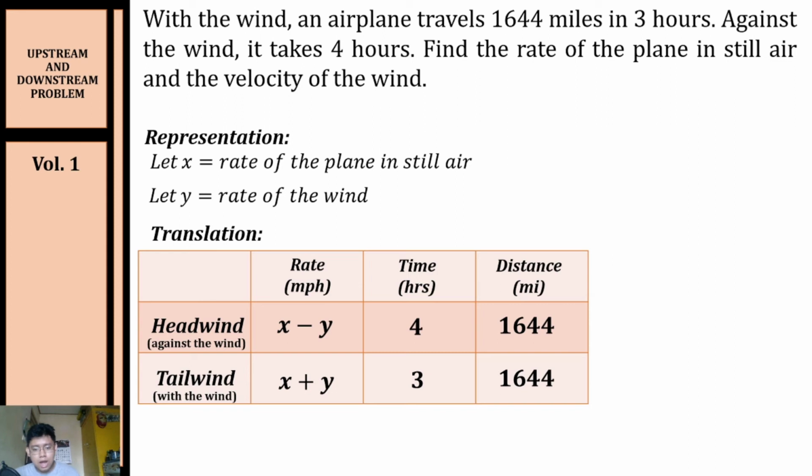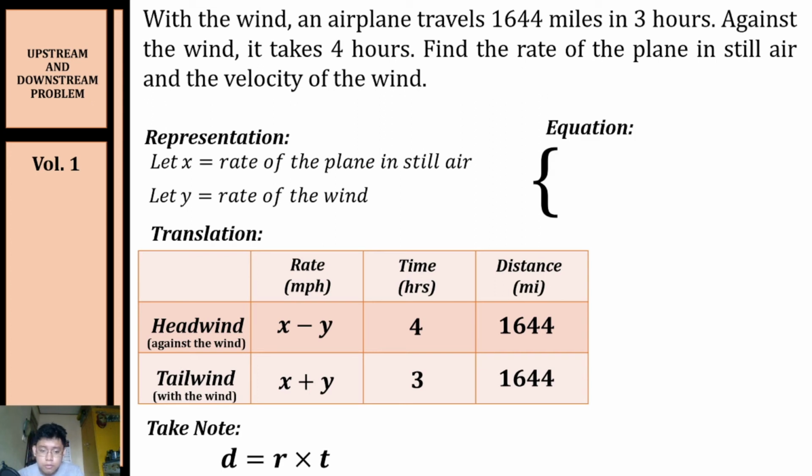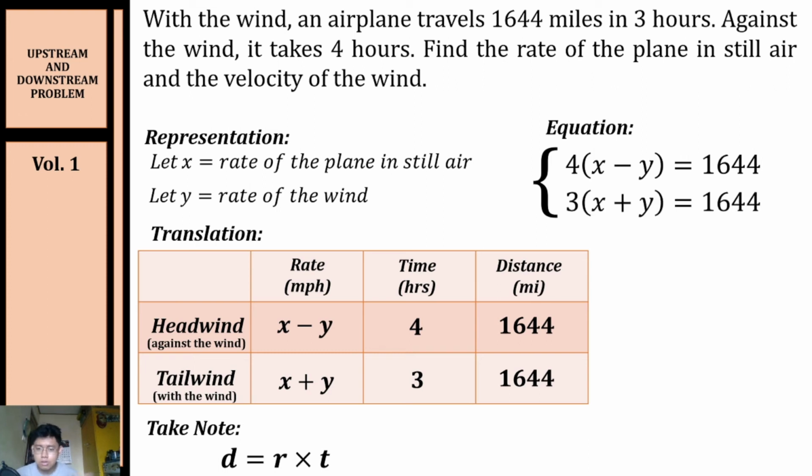Now that we completed our table of given, we can formulate our equation by using the formula distance is equal to rate times time. So let's write our first equation by using the given for the headwind. We will have 4 times the rate, which is x minus y, is equal to the distance 1,644. Now for the second equation, we can write it as 3 times our rate x plus y is equal to